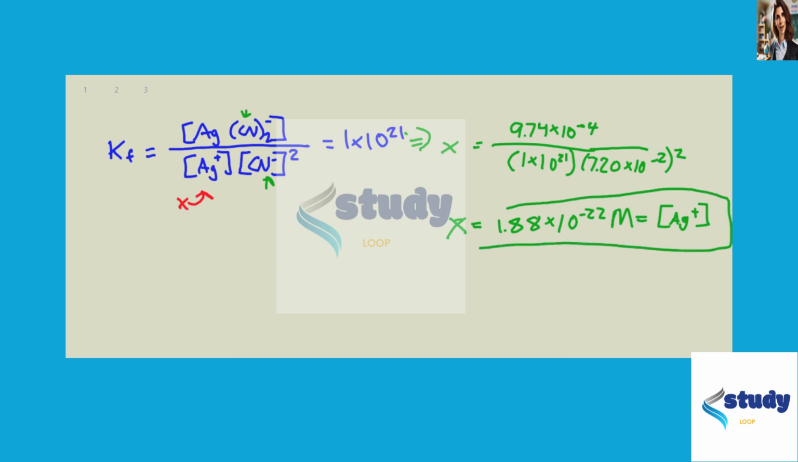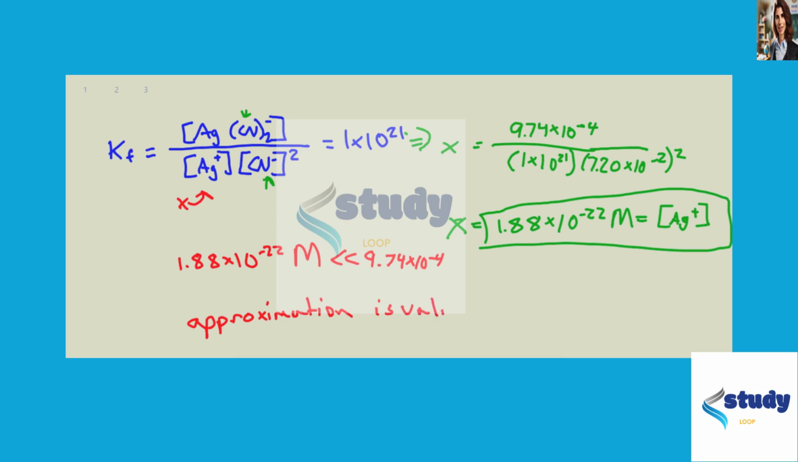This is our answer. Now, just to double check what we did previously, this value that we obtained, 1.88 times 10 to the minus 22, is much, much smaller than 9.74 times 10 to the minus 4, which was our initial concentration. So because this is so much smaller, the approximation that we used all of our silver is valid. Since we had such a large Kf value, we could assume this at the beginning, but now we can double check and make sure that it's